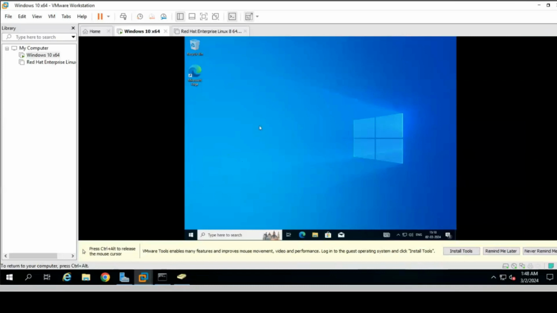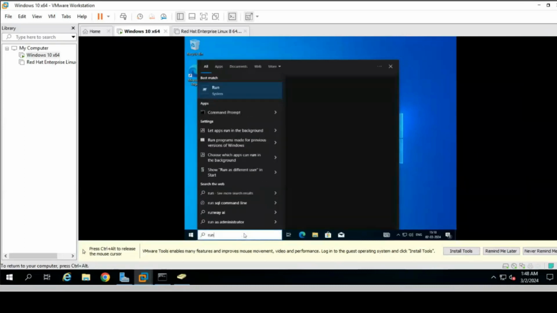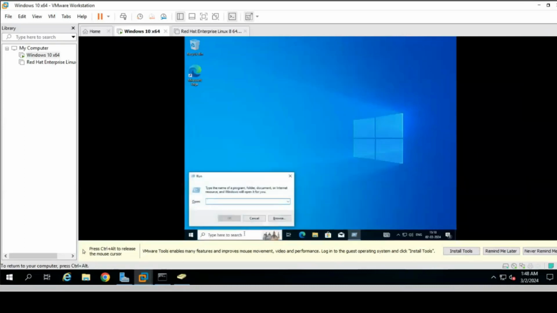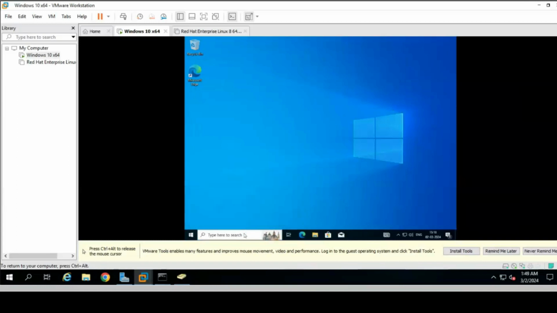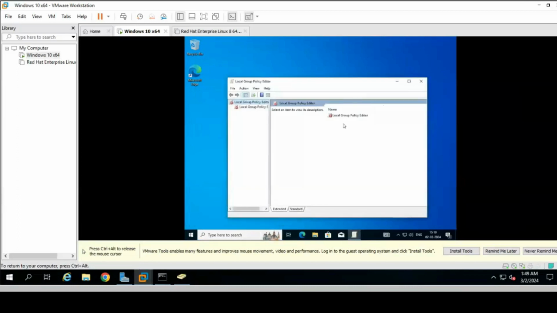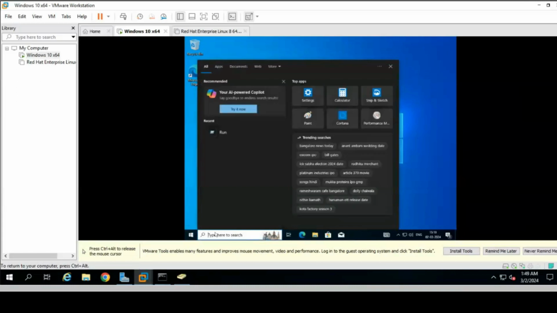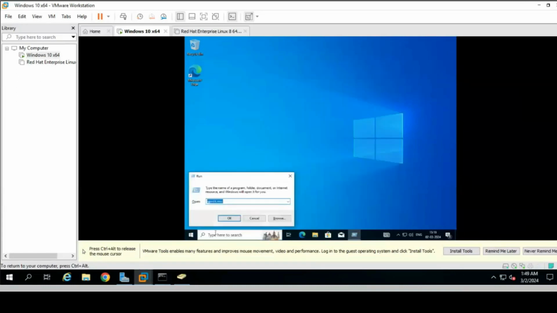And now this machine is a client machine. Now you can't do anything. Now you can't run any administrative command here. If you will try to run any administrative command, suppose I will try to run gpedit.msc, and then enter for group policy. It is showing access is denied. I can't do anything.